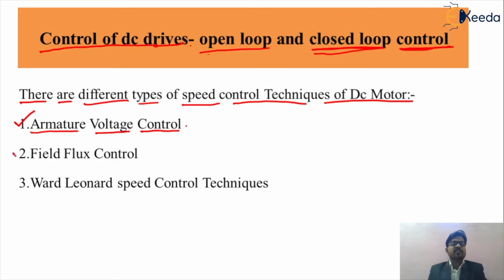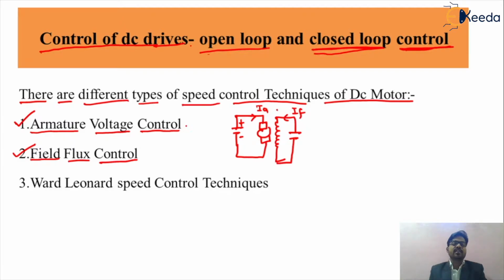Then, one of the important speed control techniques is called the field flux speed control technique. What do you mean by the field flux speed control technique? I can tell you. Suppose we are having DC supply to your motor, and we are taking the field circuit, because the DC motor has an armature circuit. The current flowing through that circuit is called the armature current. This will be the field flux. This is called the field excitation, that is the field current IF. This is F1, this is F2, these are the field terminals. This is A1 and A2, these are the armature terminals.